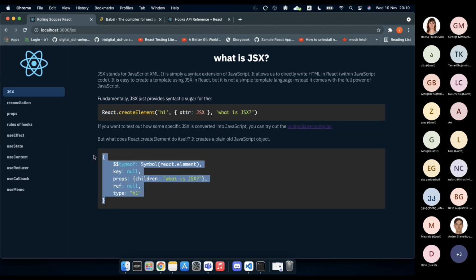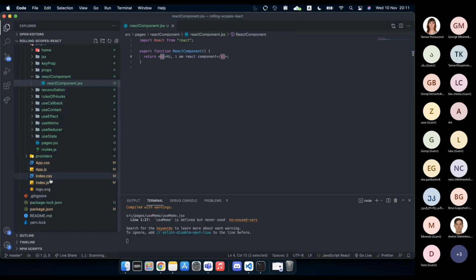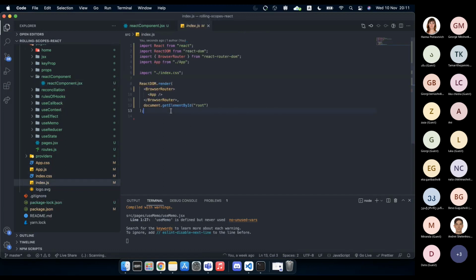And if we console log the React element, it is an object like this. It has a type, a key, props, and a ref, and the type is h1. And how is React working, for example? Let's say